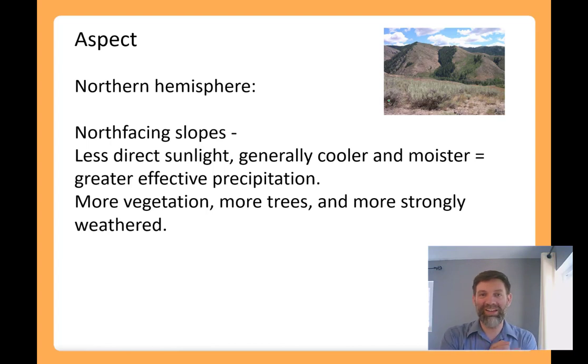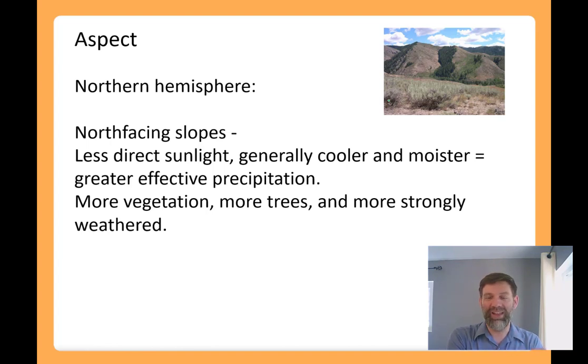Northern hemisphere north-facing slopes are getting less direct sunlight. The sun is usually a little bit to the south. It gets more and more to the south in the winter, and it comes up close to directly above in the summer at the solstice, depending where you're at in the hemisphere. But generally speaking, we're getting southern exposure. The south-facing slopes are getting the sun, so the north-facing slopes are a little protected, sheltered from the sun, so